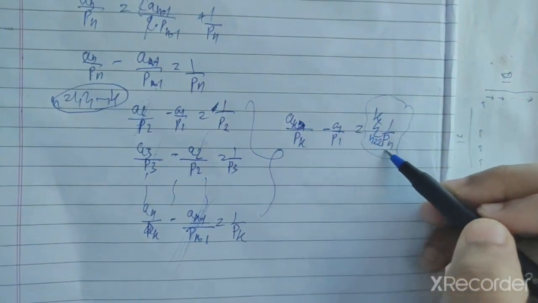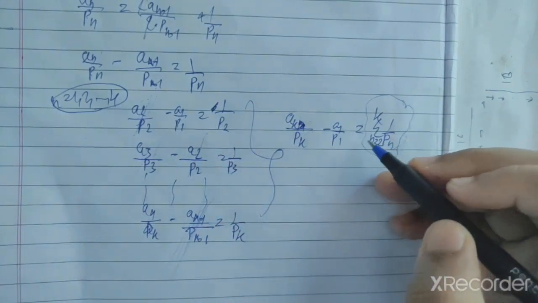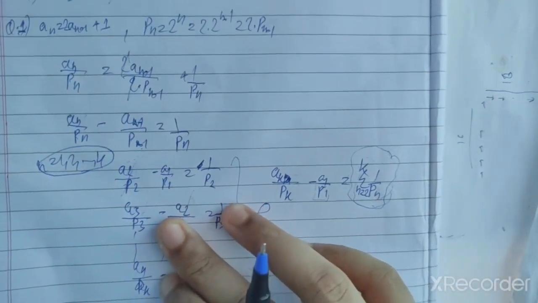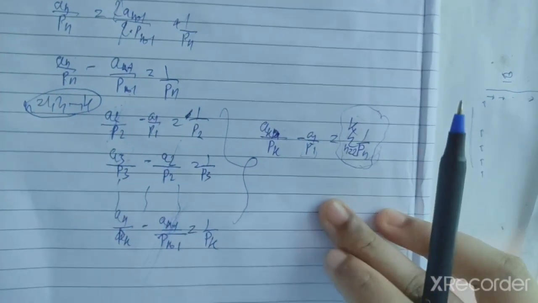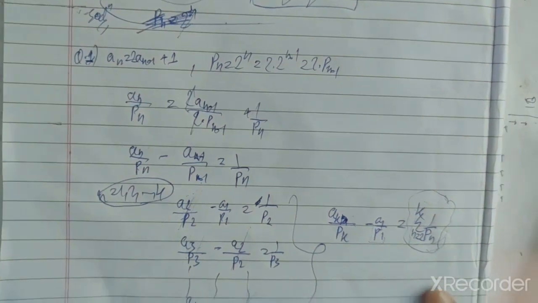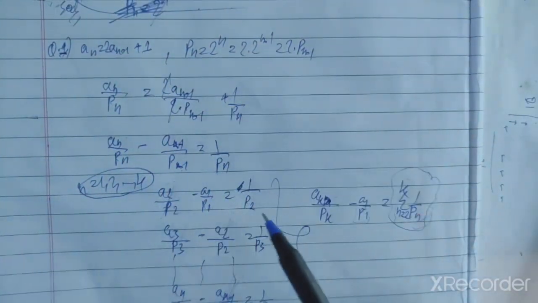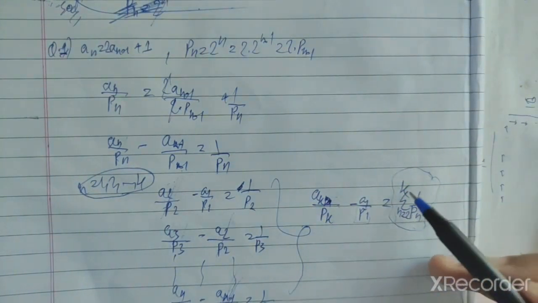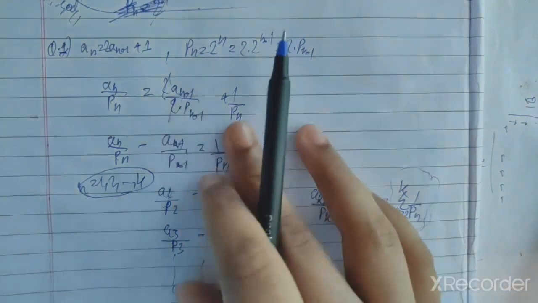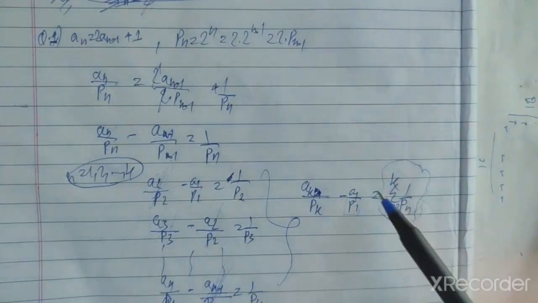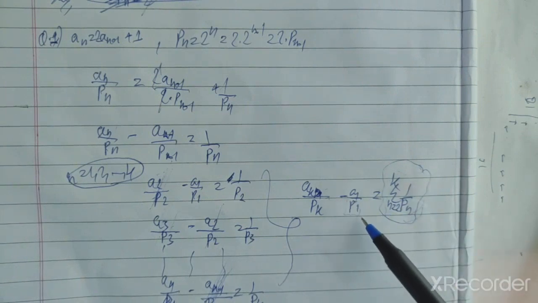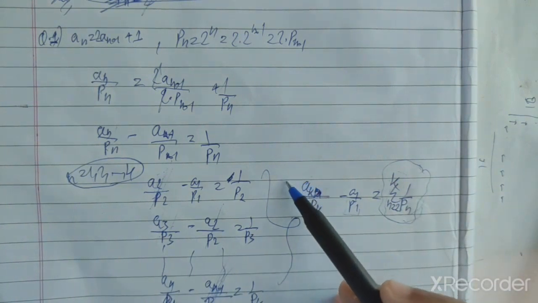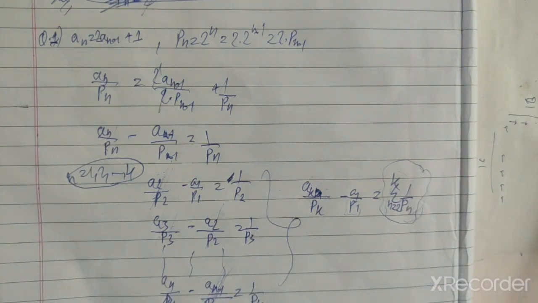Now this is nothing but a GP, because you already know the value of p_n to be 2 to power n. This you can calculate. We know the value of p_1 from our definition. Okay, so here we are. We will be getting telescoping, and it will form a_k by p_k minus a_1 over p_1, and this, and we have the value of p_n from this definition. It will basically be a GP. We know the sum of a GP, we can find this, and we know p_1, we know a_1 given in the problem, and from there we can easily get the general term of a_k. So the problem is solved.